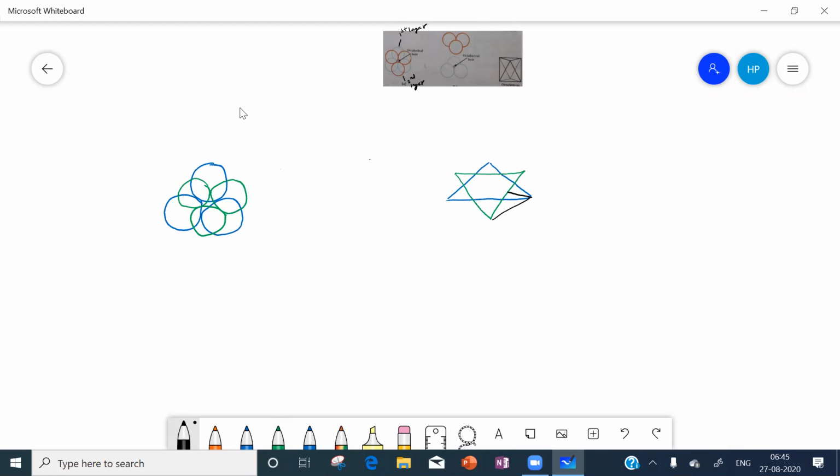Then the second triangle, the third, the fourth, the fifth, and the last one, the sixth triangle. So totally, have you got 8 triangles? 8 triangles we got, which means this is an octahedron.